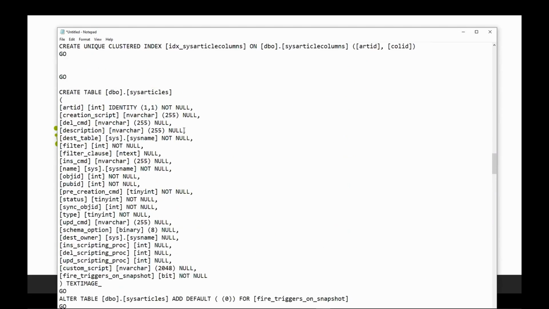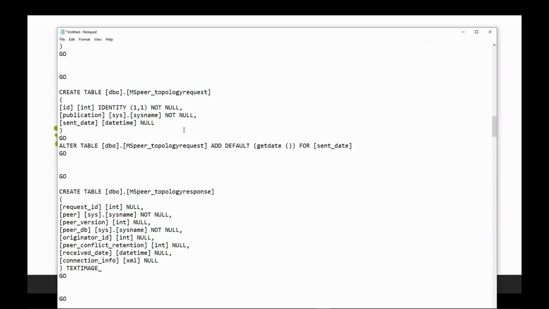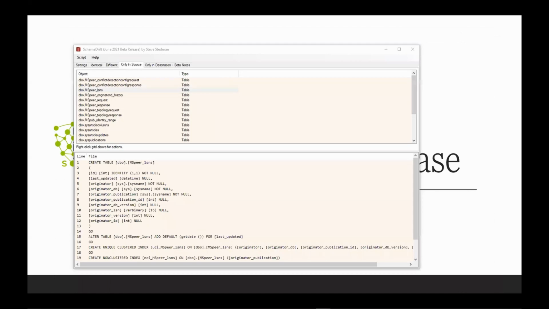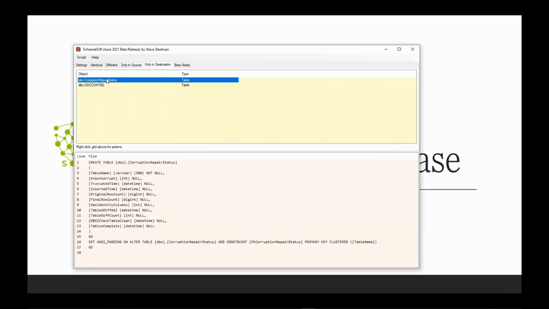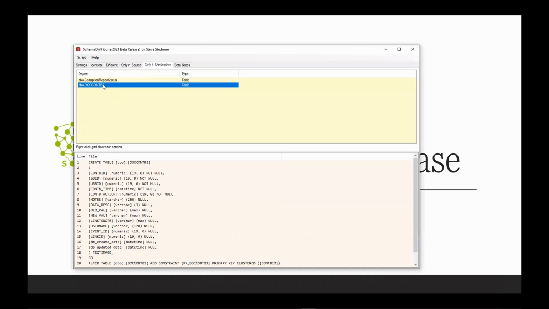So if you were to take this script, run it on the secondary database, and then rerun the differences here using SchemaDrift, you would then be able to see that they matched after making those changes. Things that we can see that are only in the destination, these are two tables that I was experimenting with, well, one that I was tracking some corruption repair with, and the other was a table that I was experimenting on